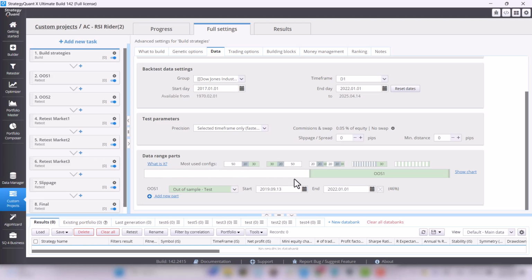In this in-sample part, the strategy is trained, and in this out-of-sample, it is validated. This is only the first out-of-sample test. More will follow, but we will get to that later.